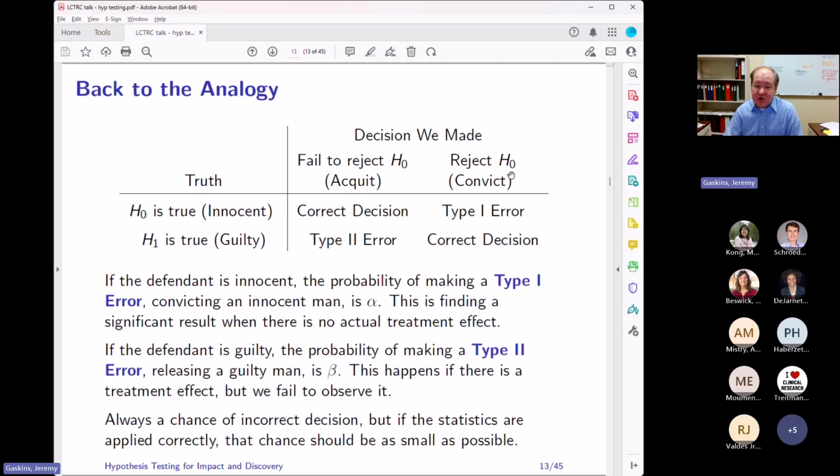Generally speaking, we can make a guess at beta in the design. If we're doing a sample size calculation, we need to make a guess or a choice about the type 2 error that we want in our experimental design. But generally speaking, we don't actually have control over the type 2 error. We've got control over the type 1 error because that's based off of alpha or 5%, but in the case of running our experiments, we generally don't have control over the type 2 error, again, except at the design stage.